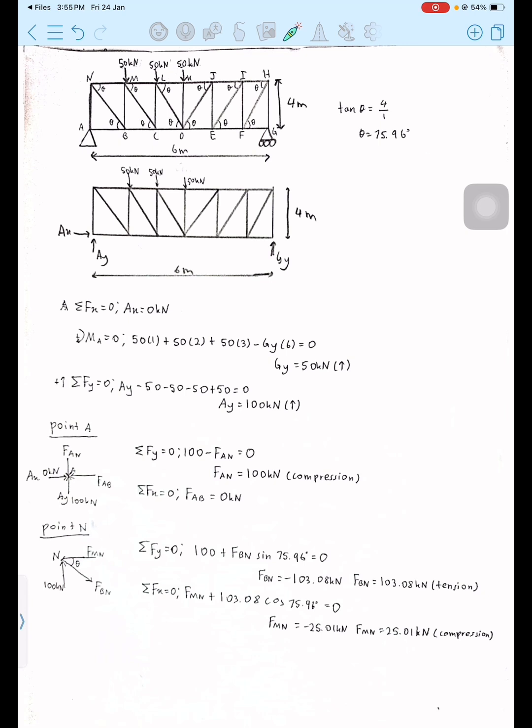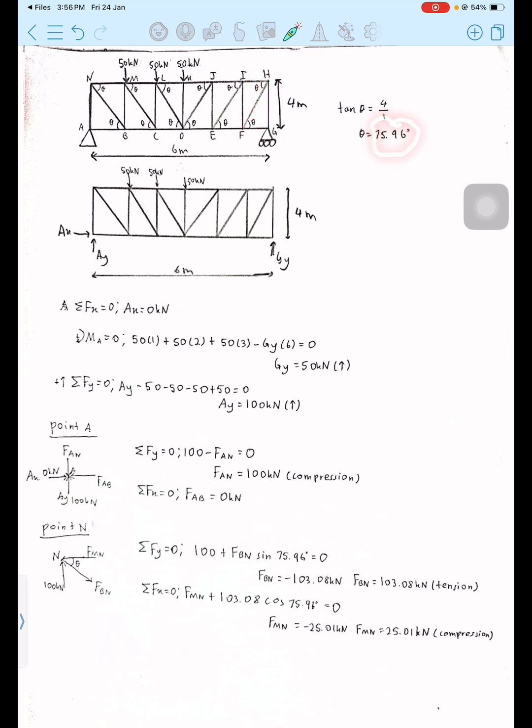So in this question, we have many members, with a pin support at point A and a roller support at point G. We draw a free body diagram, and at point A we have reactions AX and AY, and at G we have reaction GY. We find the angle in this member using tan theta equal to 4/1, so we get theta equal to